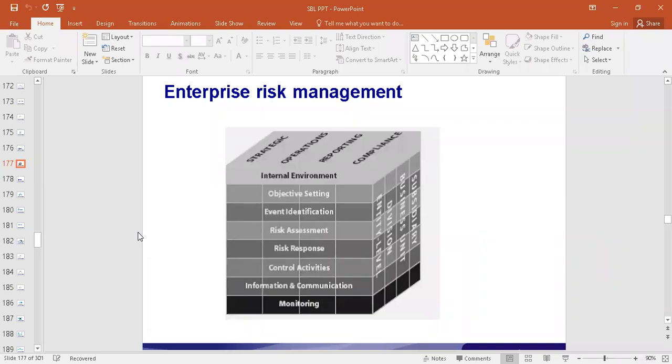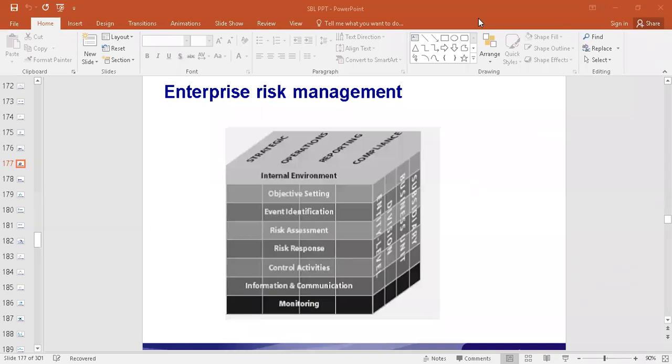What is the organization size and structure? Then the board of directors, then their roles and responsibilities. Then if there is a system to control the risk, what are the policies and procedures? Those things have to be communicated to people in the organization. The attitude of the top management, the abilities of the employees in the organization, the role of the board of directors, audit committee, and others in the organization in terms of managing the risk. So first, thoroughly understand what the internal environment is.